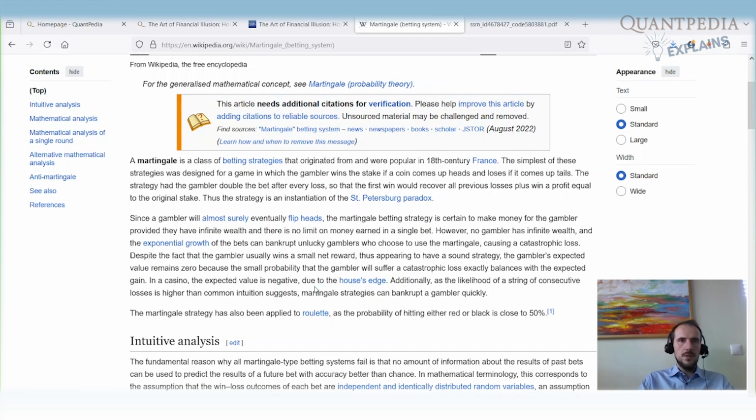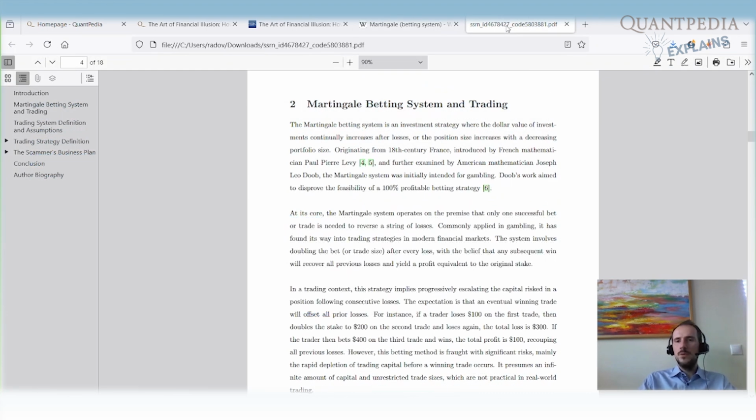So there is no account that will be able to handle that when you start with normal betting money, like $100 per trade. Sooner or later there will be a string of losses, and after that string of losses your account will go bankrupt. There is a lot of theory around the Martingale on Wikipedia, and a lot of articles explain that using the Martingale is not a good proposition, but there are still people who try to use the Martingale to build trading strategies and try to sell them to a lot of other people.